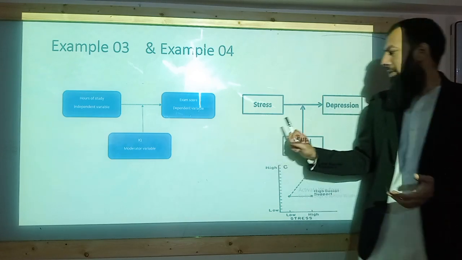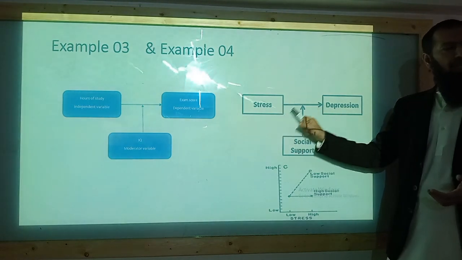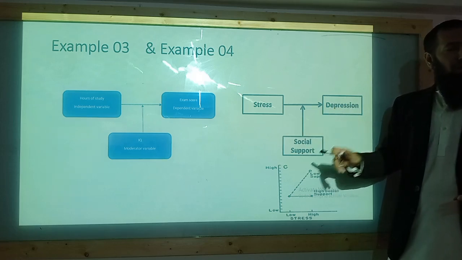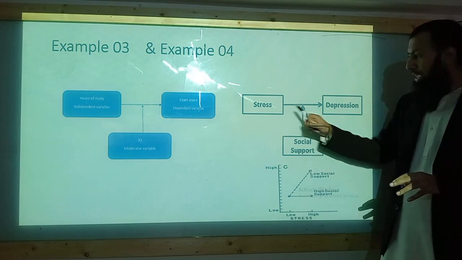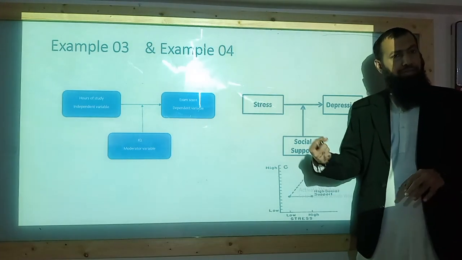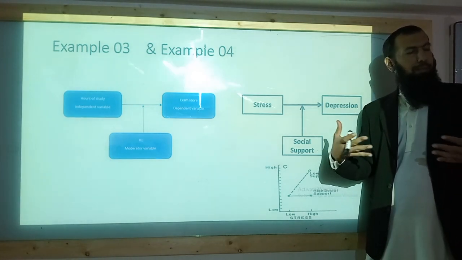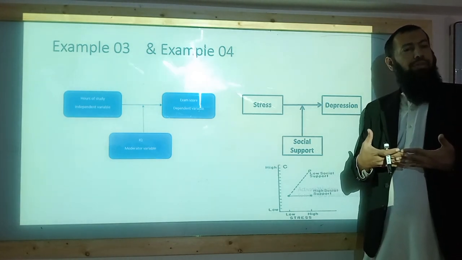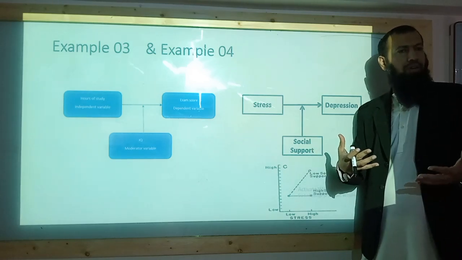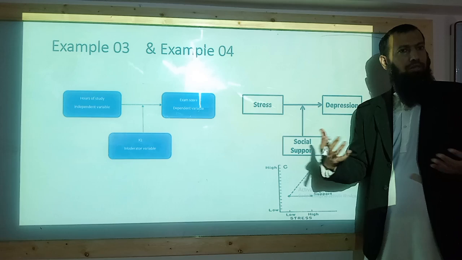Okay? Another example is stress and depression. When there is stress, there is depression. So it is an independent and dependent variable relationship. When there is social support, the existing relationship changes. There is lesser depression when there is social support. You might have witnessed that people who are more engaged have lesser depression. And research shows that the longevity of life is related to social support, that how much connected you are. If you want to live long,